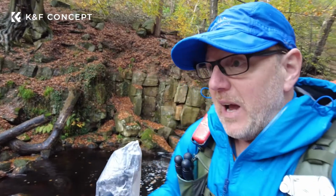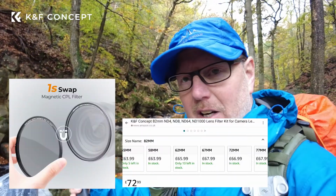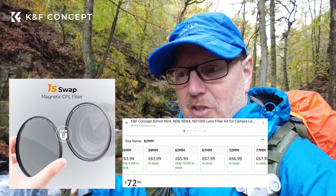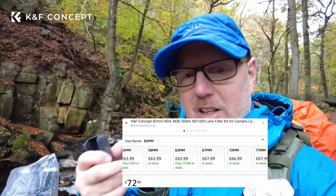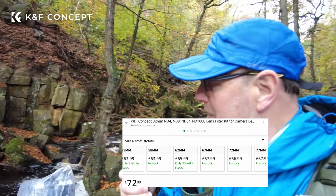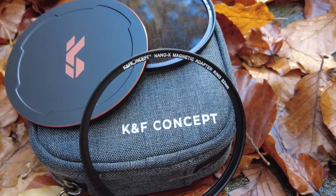First of all, I want to talk about the polarizer. It's in my bag. I need to pull it out and put it on the camera. I've got an 82mm set. I've got a step-up ring to take me up to 82mm on my camera. So I'm going to screw it on the front. It's a magnetic filter. It's a CPL polarizer, circular polarizer. And I want to show you the difference with using it between getting all the glare and no glare, and